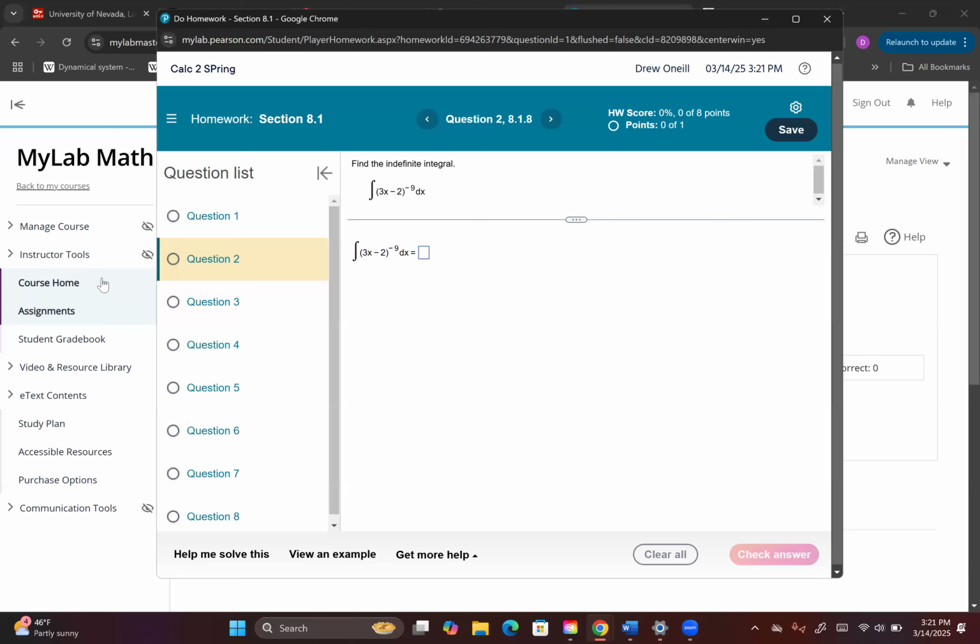All right, second one, sort of the same idea. Now this is basically the same problem we had before, except how we saw it before, it would have been written like this, right? The negative exponent means it's in the denominator. So what we do is the u substitution, right? It doesn't specifically state that here, but this is a u sub. So first thing is pick a u. It should be kind of obvious here. It's most likely going to be whatever's inside the parentheses.